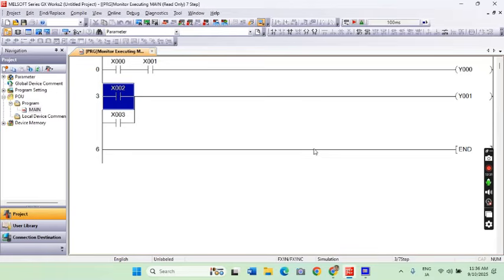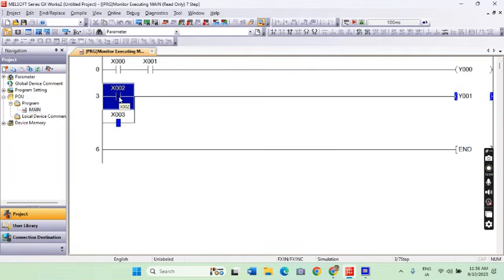So I'll be pressing Shift Enter. So when this is switched on, the Y1 is energized. Let's try switching this off, and then we will switch on the X3. So again, the output is energized.